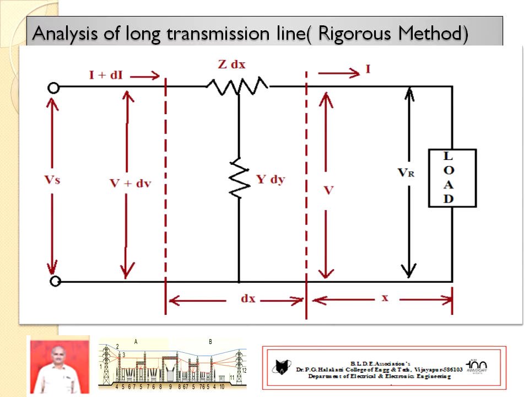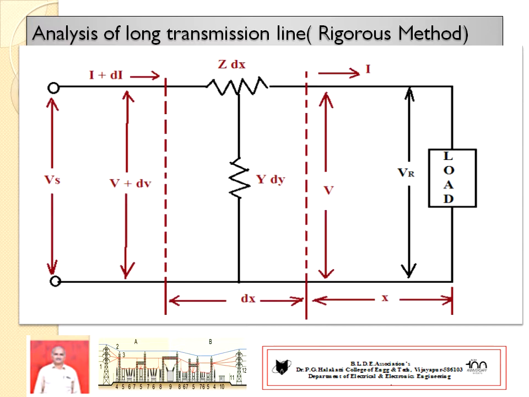So the figure shows a three-phase long transmission line with reference to single phase representation, that is one phase with respect to neutral. The performance analysis is done with respect to single phase analysis. So it is already well known, Vs is the sending end voltage per phase, Vr is the receiving end voltage per phase, and we have to consider a small element